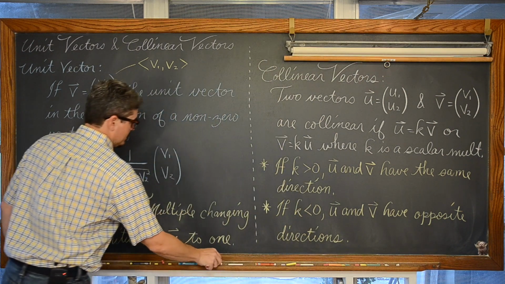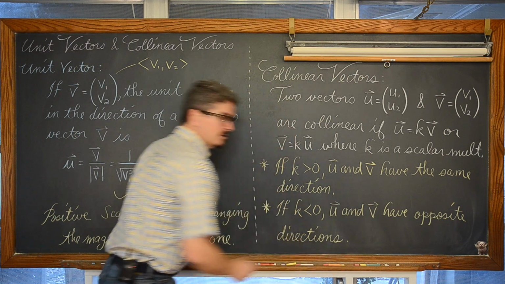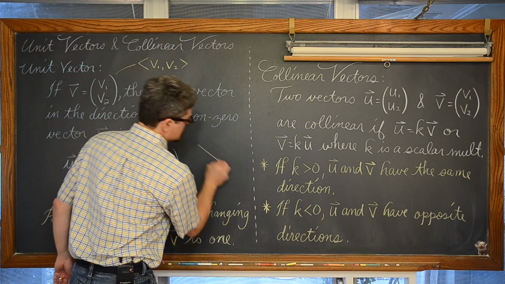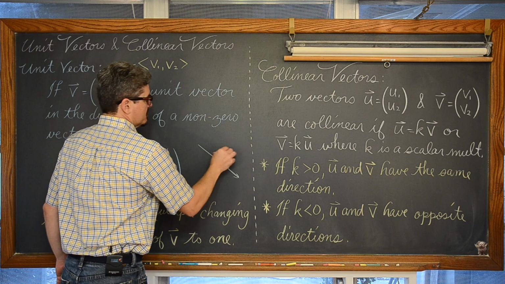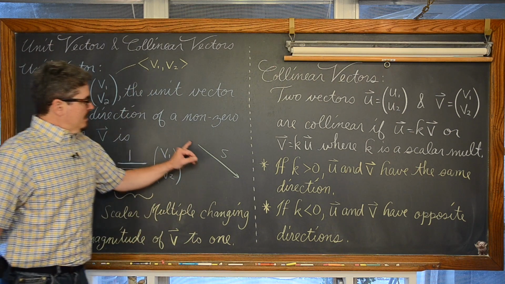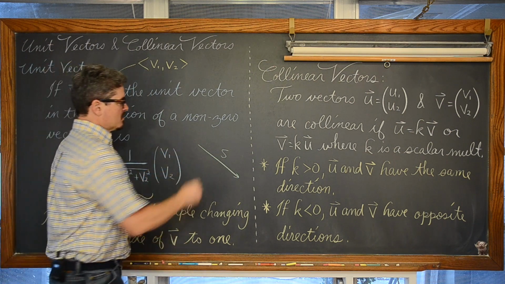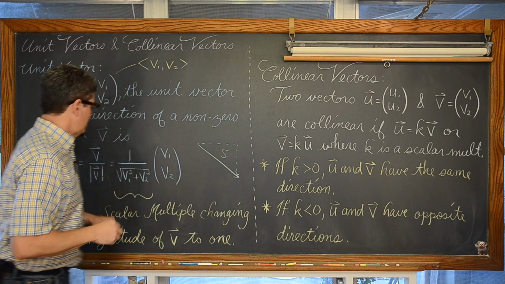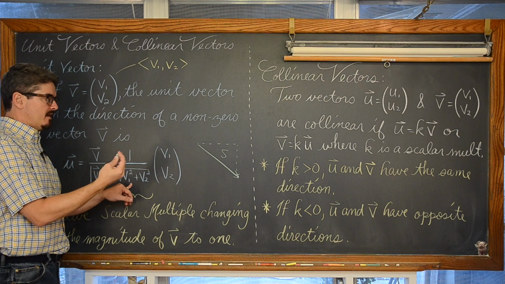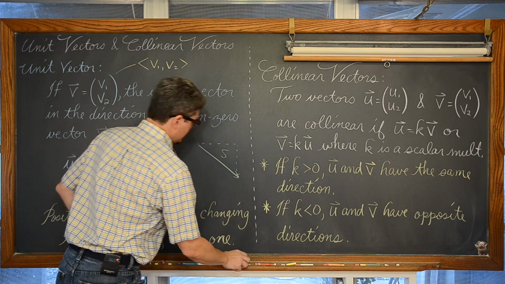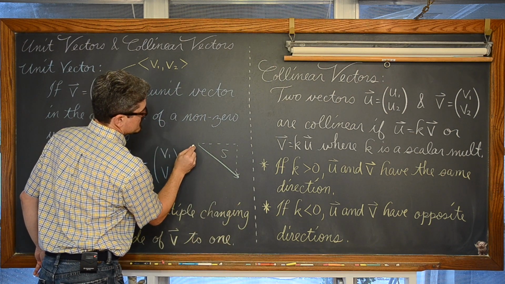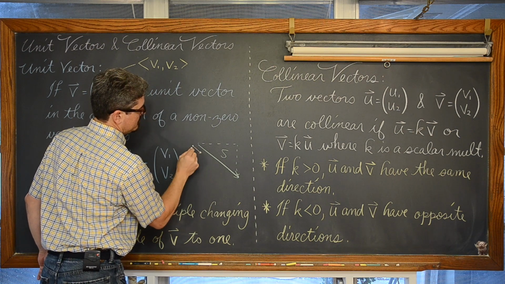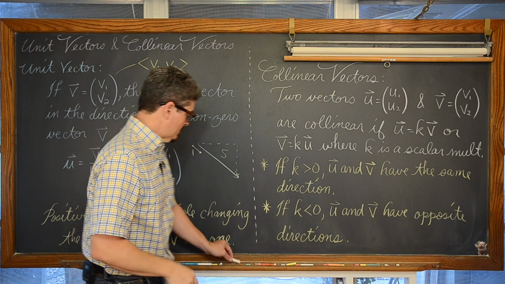And what you're really doing, if you remember us representing vectors geometrically, is you're taking, say, a vector that, I don't know, maybe goes down to the right and has a length of 5. Well, if you have a vector with some horizontal and vertical component that has a magnitude of 5 and you divide that by 5, you're just simply going to get another vector that goes in the same direction but has a length of 1. And that's what a unit vector is.